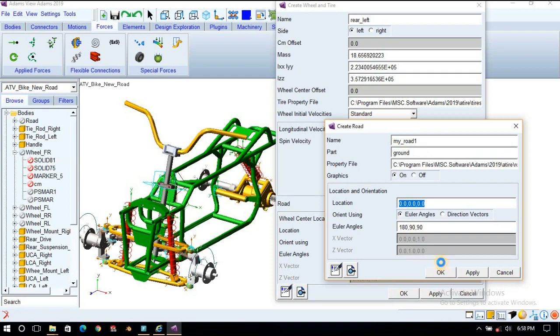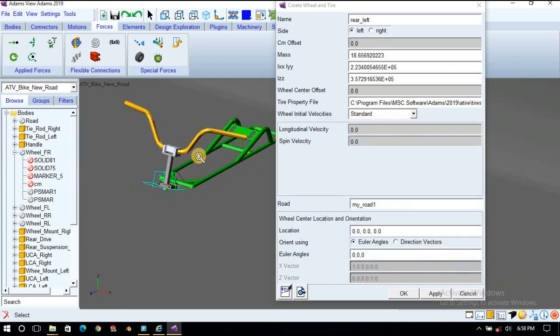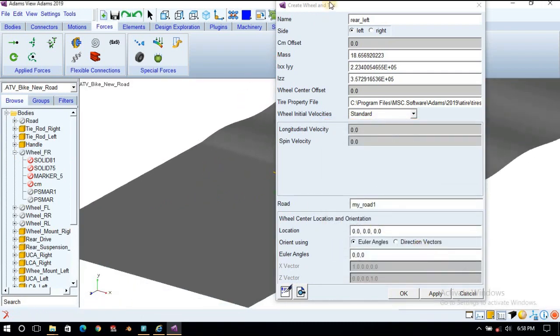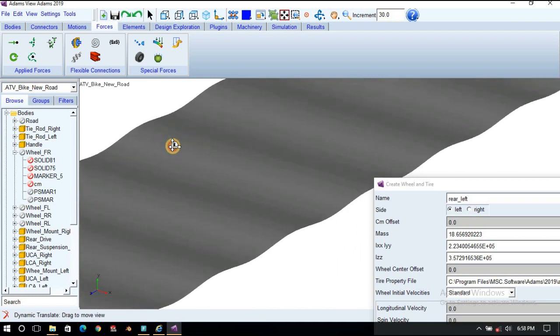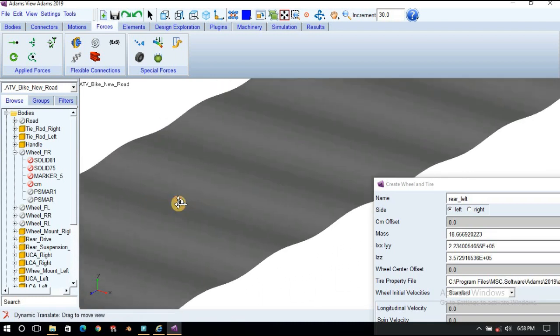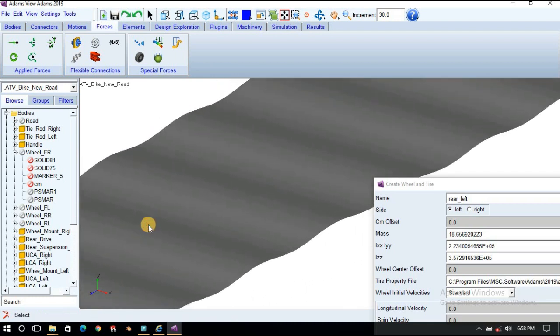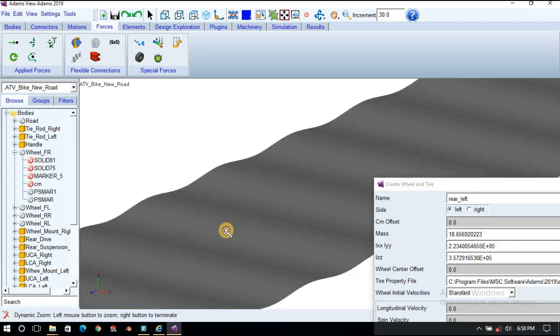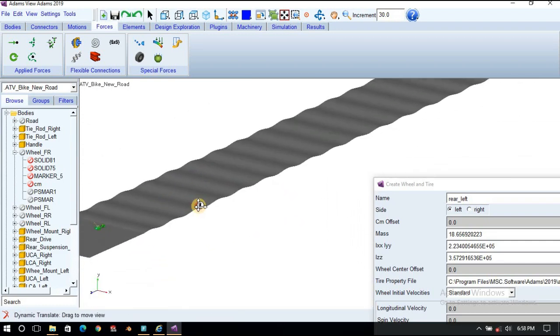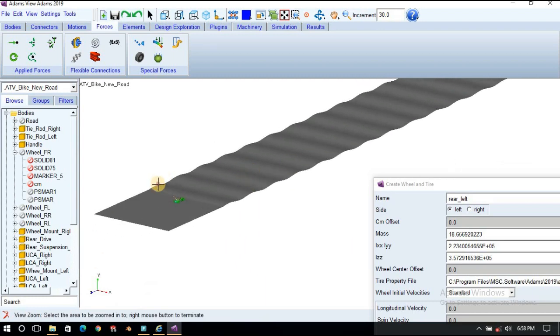Click on OK. So you will see the road profile is created. Just observe, we have selected the swept sine profile, so you can see there are ups and downs on the road. Later on we will keep a different road profile.